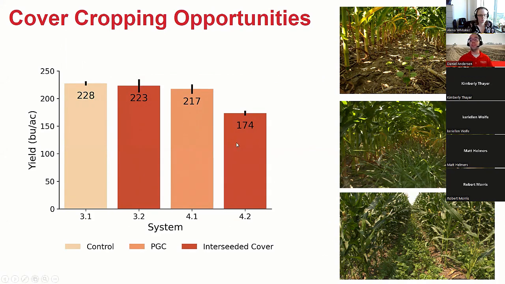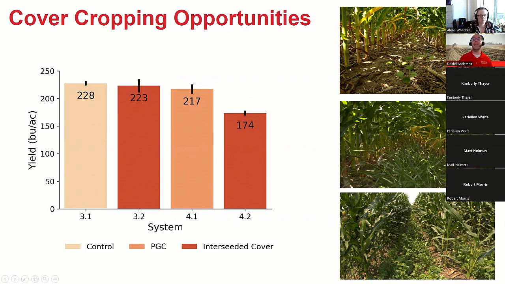We did 2 treatments where we interseeded cover crop at roughly V4, V5. And you can see a picture of that in that upper right-hand picture for the 30-inch rows of one cover crop row growing between that row of corn. We had pretty good yield there. Our biomass didn't really take off until we harvested that corn later in the fall. And then on the bottom picture, we tried to do the same thing. We twin rowed and had 60 inches roughly between those corn rows, a lot more cover crop. So if you are someone who has cattle and is interested in utilizing some of that cover crop as a forage, we did put a fair amount of cover crop down on the ground.